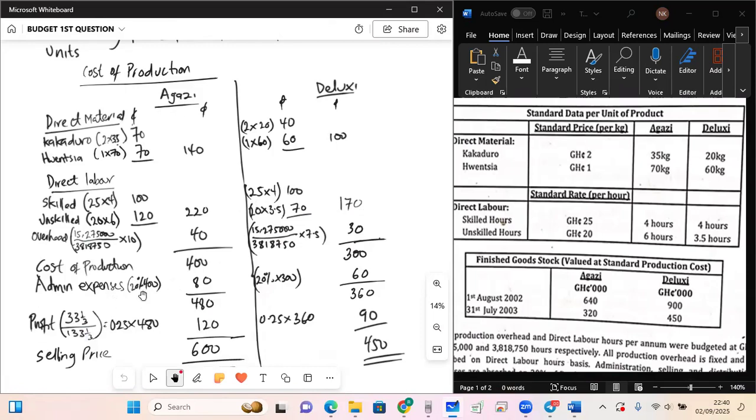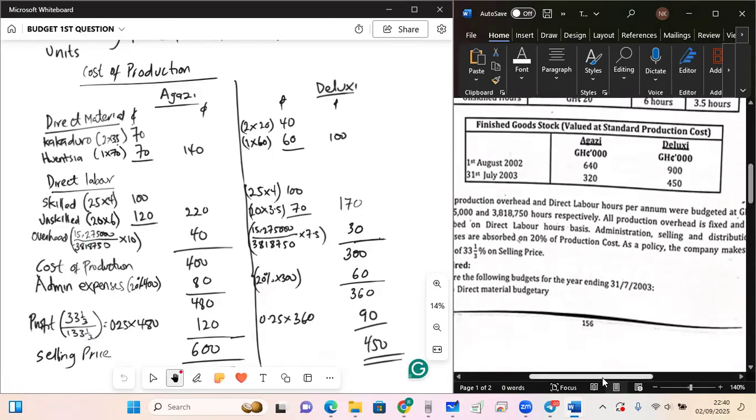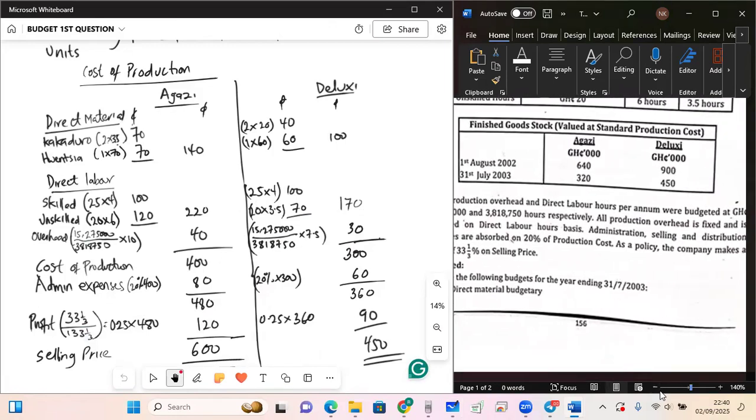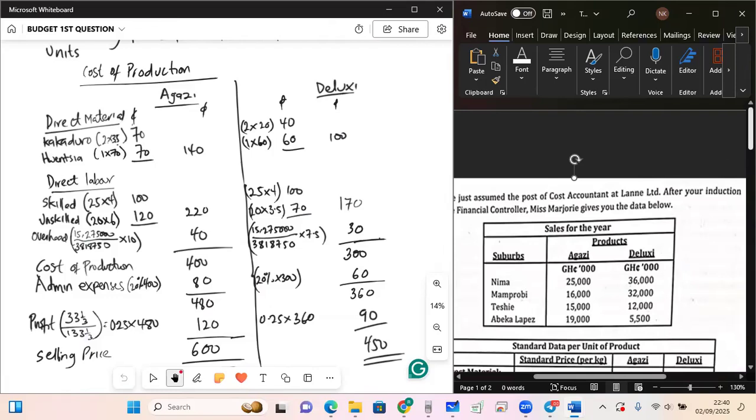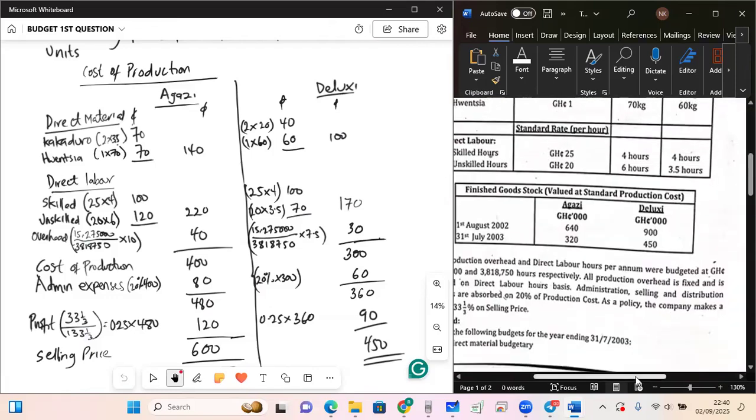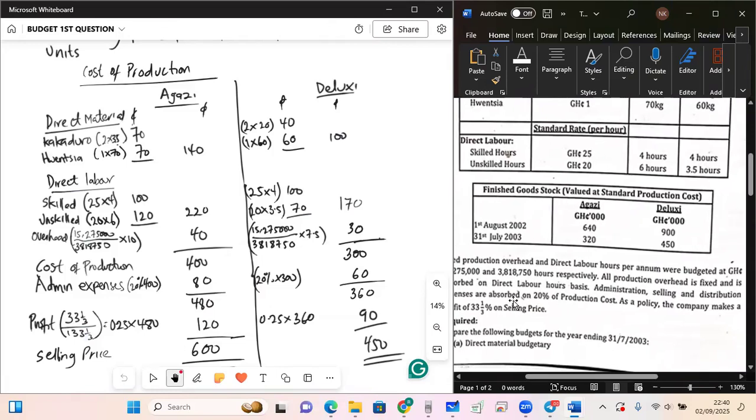the admin expense we are having here is 20% on the cost of production, as illustrated here. Right, so they said that selling and distribution, administration, selling and distribution expense are absorbed on 20% of production cost. So 20% of production cost here is 400, here is 300. 20% of it, here is giving us 80, here is giving us 60. When we add, we are going to get 480. Now,